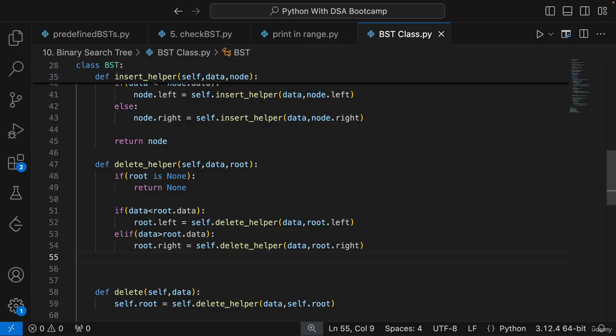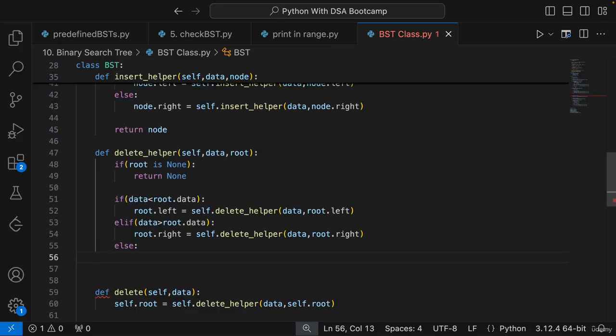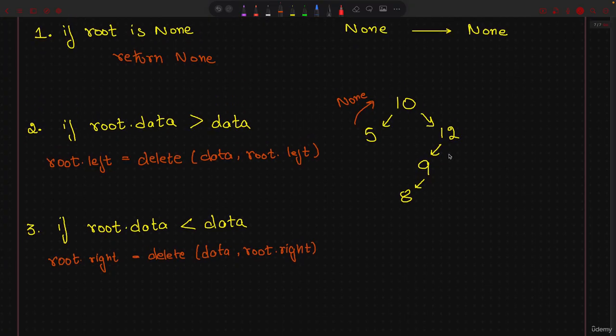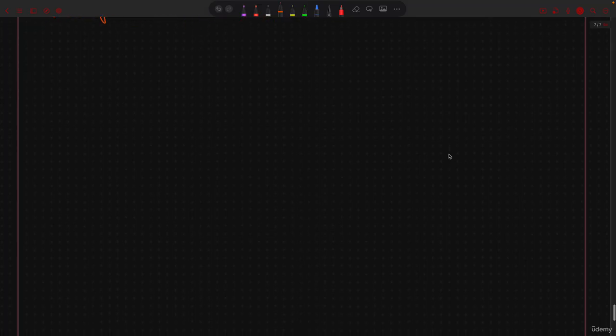Great. So till now we have handled the cases where I don't have to do any work. Recursion is handling everything for me, right? So I'm calling on the left or on the right. The exciting case where overall the complexity will increase is something when I am on the root. Okay, so fourth case will be if root has to be deleted. So now I'm saying that, hey, I have to do the work because root is something which I have to delete. For example, let's say 10